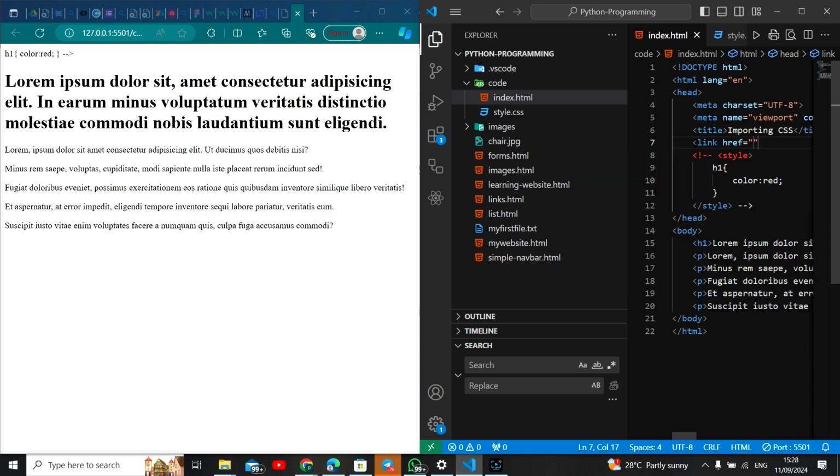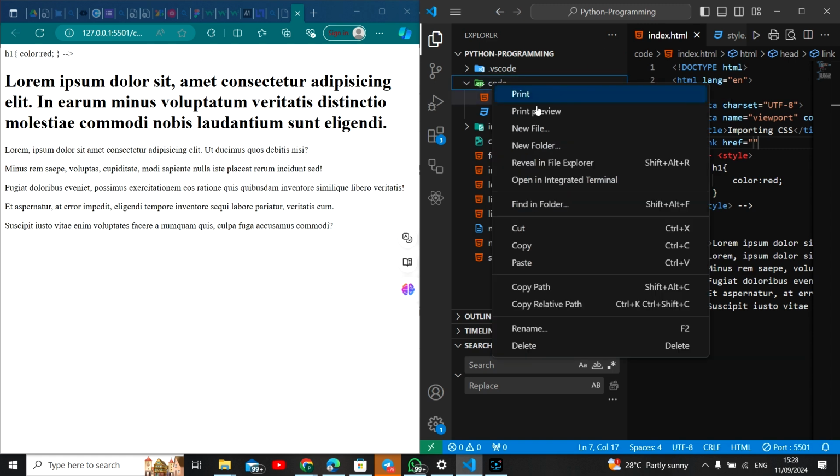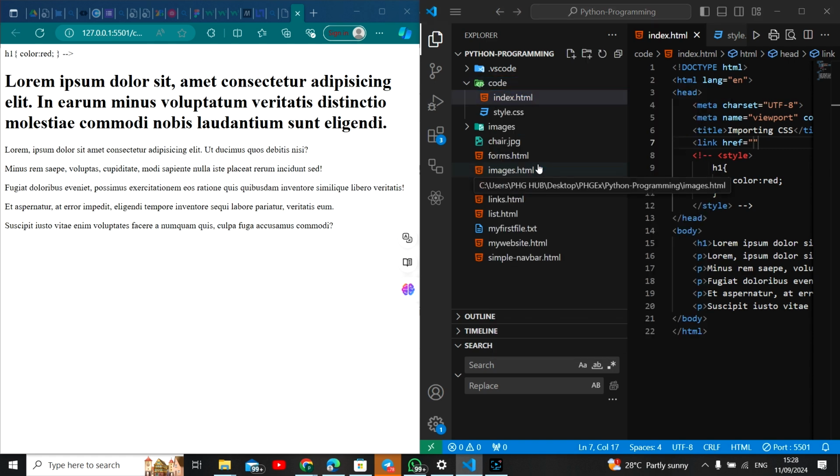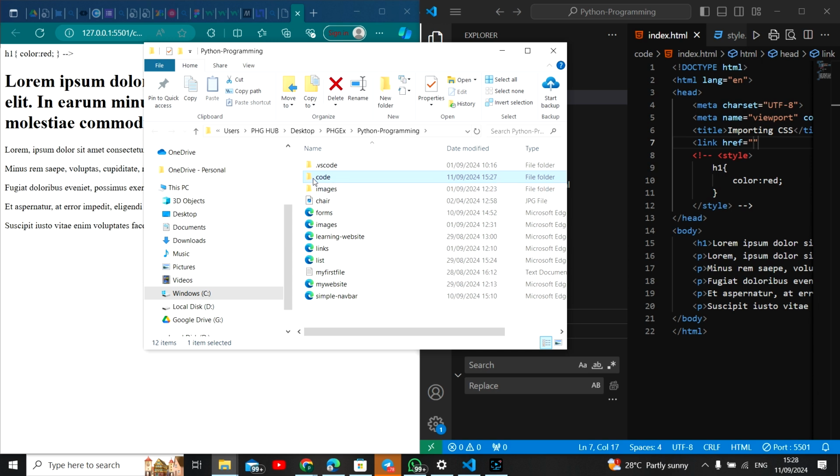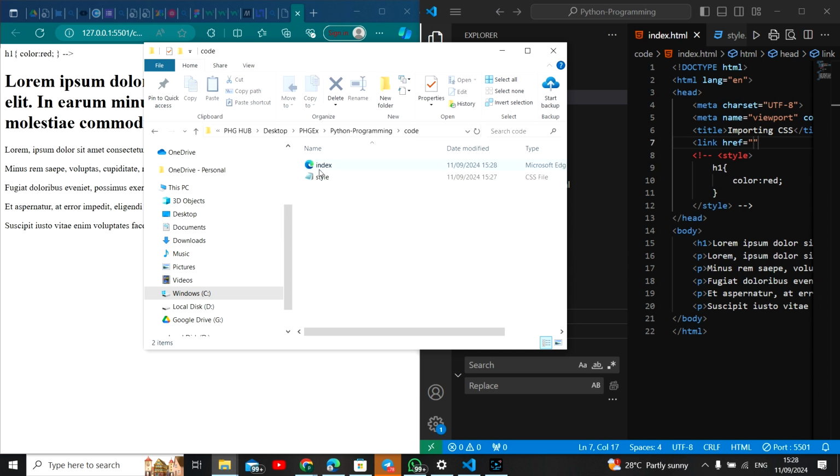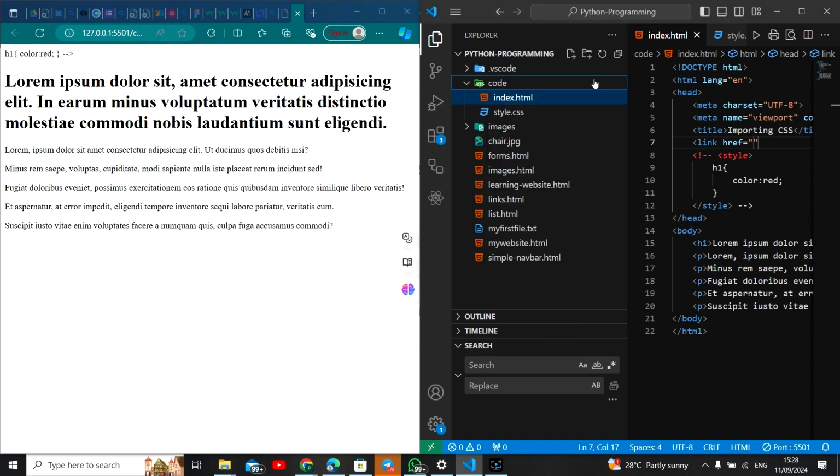So we know that this file is within the same folder, and so when you open this, let's reveal in Explorer. So you can see that this is the code folder, and then inside the code folder we have this HTML file and that CSS file. So since they are in the same folder, what we can do is that we write here style.css. You can see VS Code has suggested that all we do is to press the tab key,